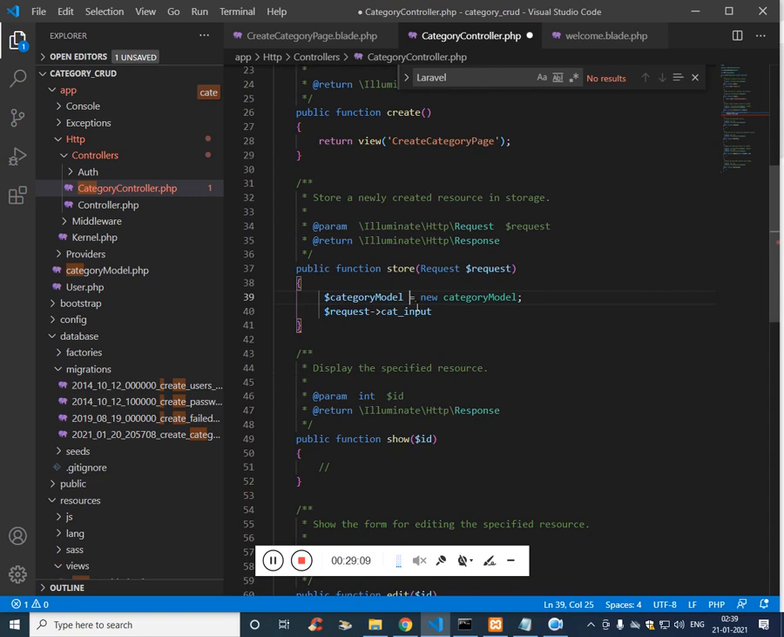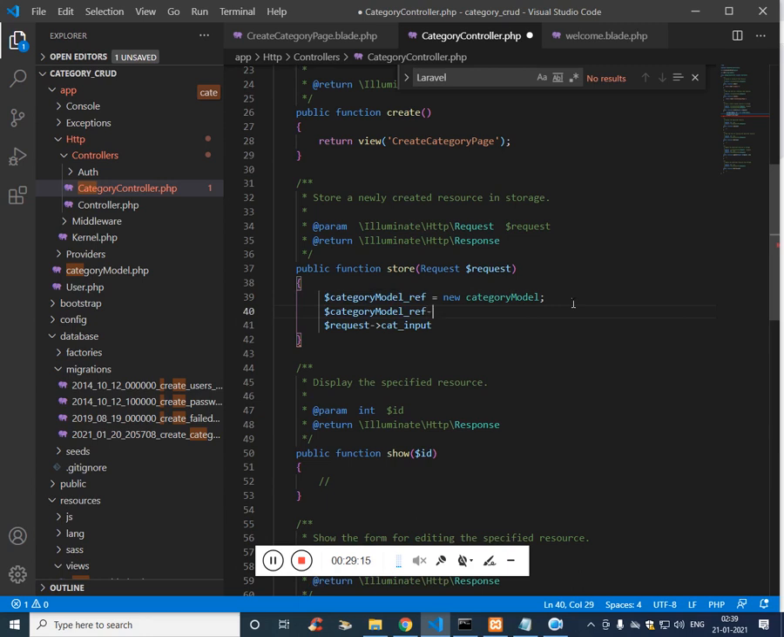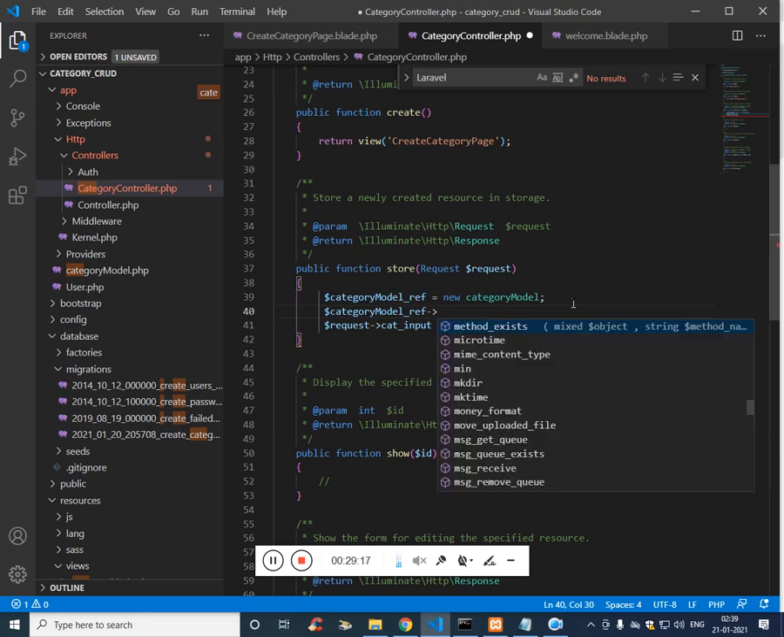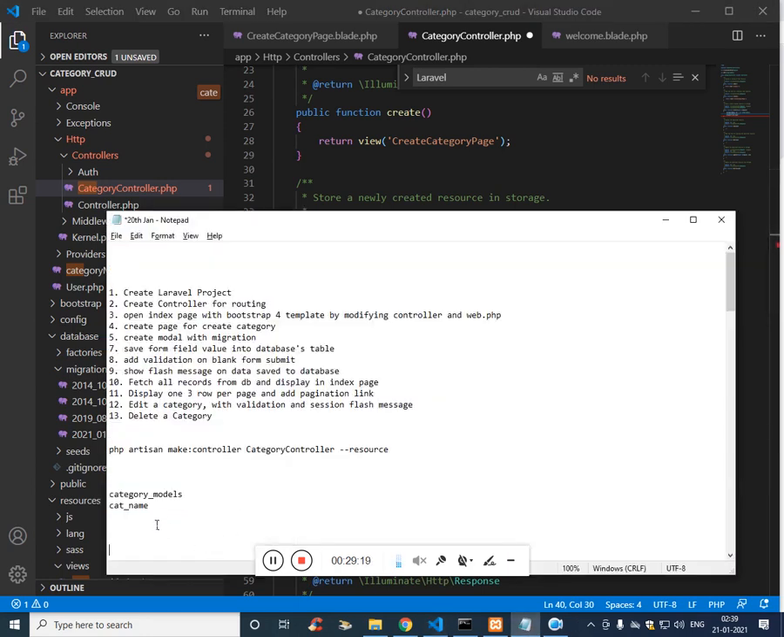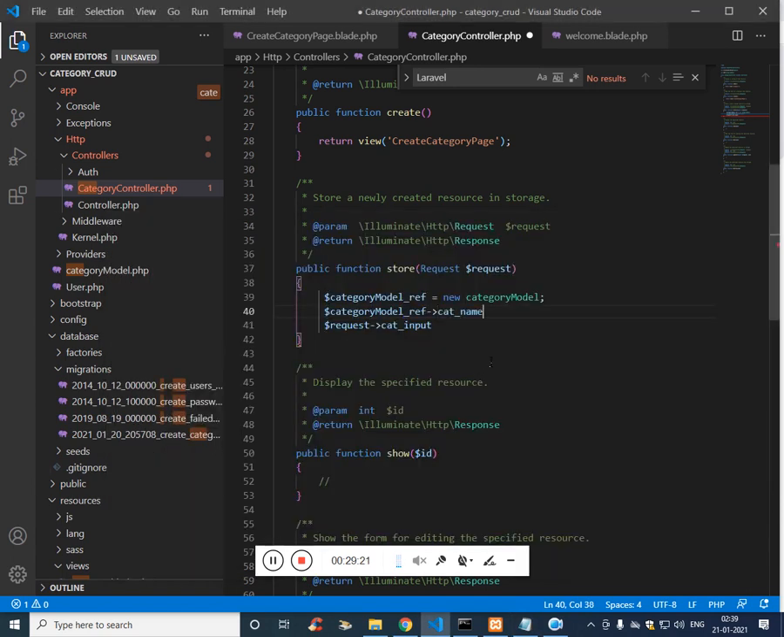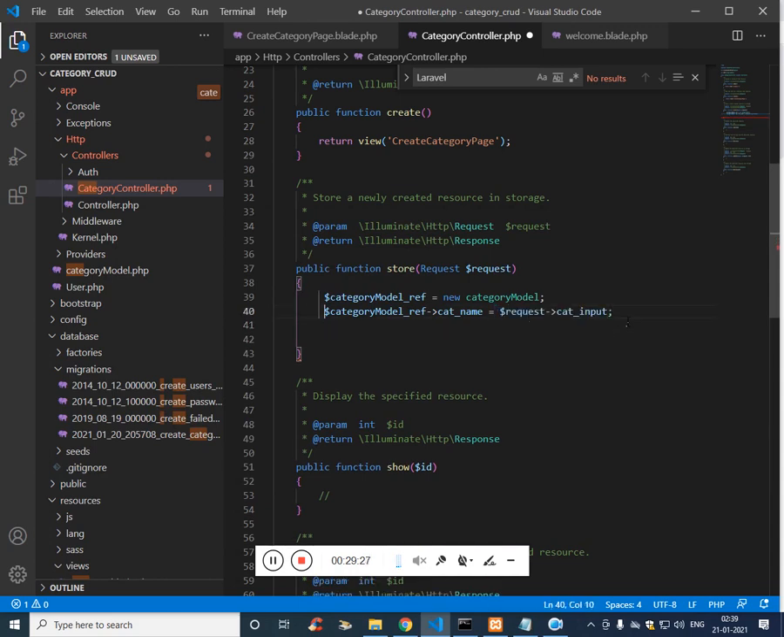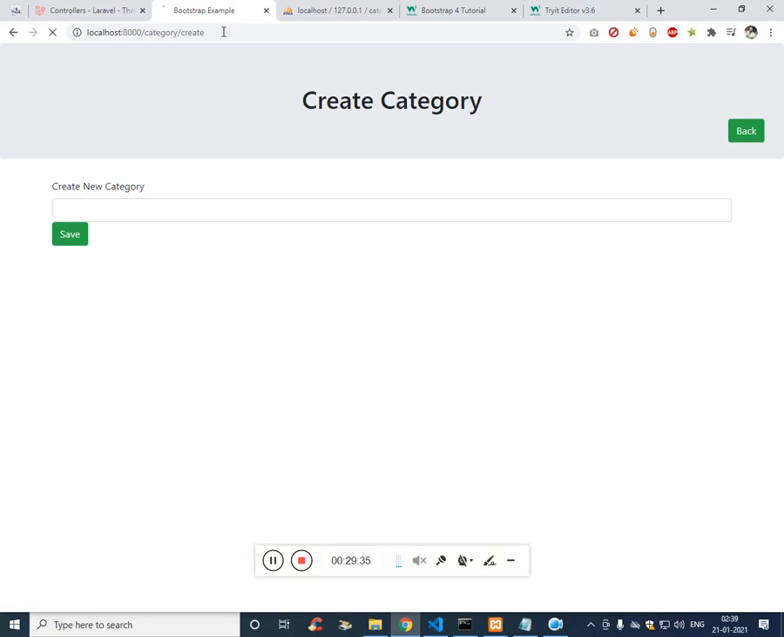So actually it's the reference, and with this reference we have the column name of the table called cat_name, and in cat_name we want to store the input field value which we received from the request. Once we receive it, we just have to save, and let's see whether it is working or not. Refresh it. If there is no error,